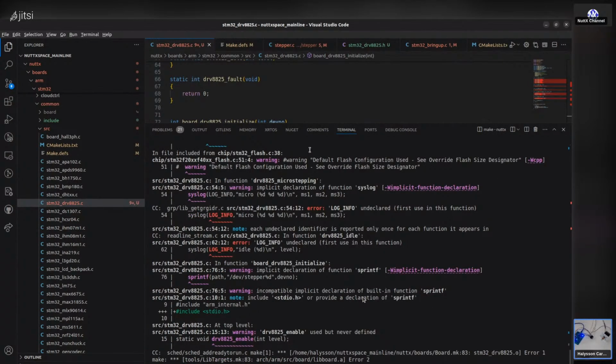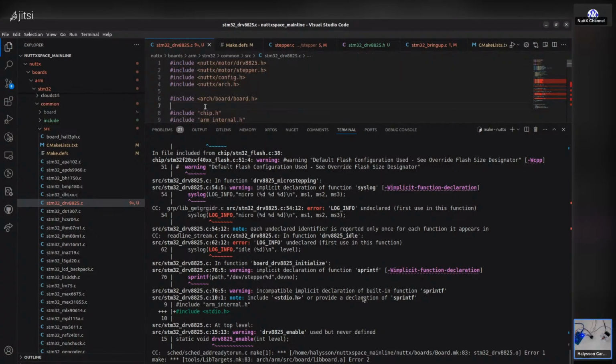Okay, it's just, some include is missing. Okay, let's see. You just include the 0.8 and include to include